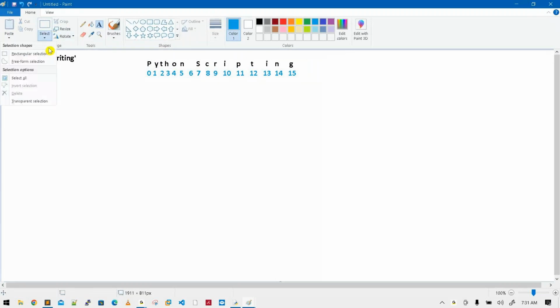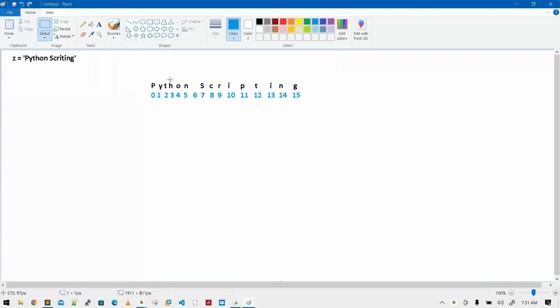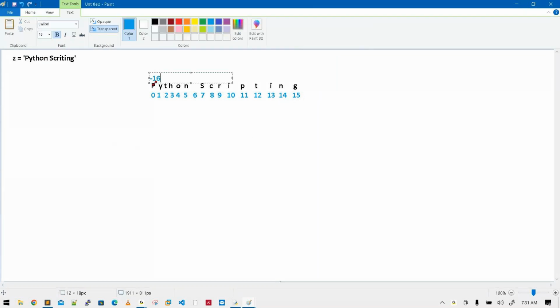Now I will write the reverse one also. Wait, it will take only 1 minute. So here I am starting at minus 16. Hold on, wait. Minus 14. T is minus 14, and H is